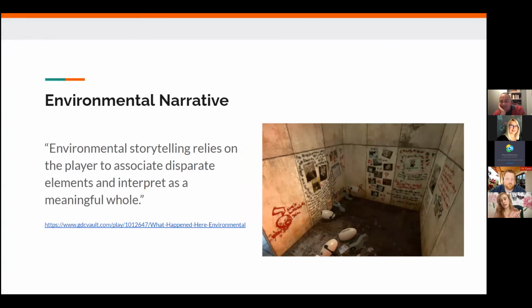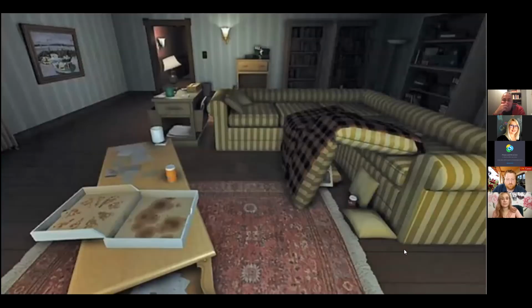So we look here, this is a screenshot from Portal 2. And in Portal 2, you find these hidden rooms kind of by accident or by stumbling into them, where we begin to learn and see the narrative of a previous person who was stuck in the same experimental chamber that you were. You begin to learn that character's backstory as well as your own through these wall scribblings and little hidden rooms. By simply looking, reading a little, seeing what's been drawn, you can start putting together the story beyond what's currently happening to your character.